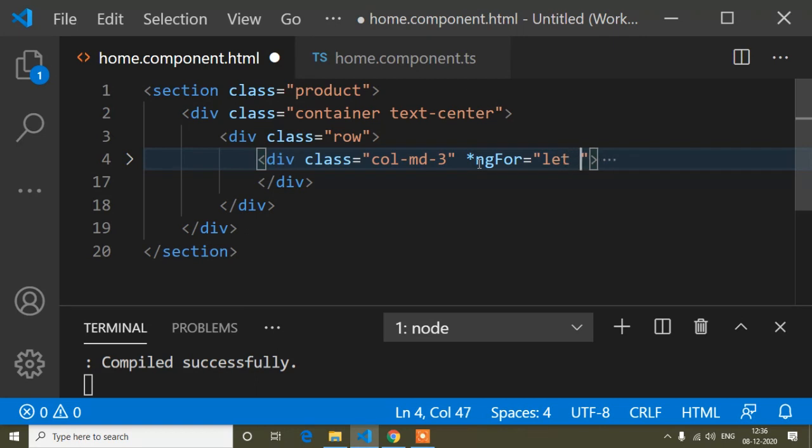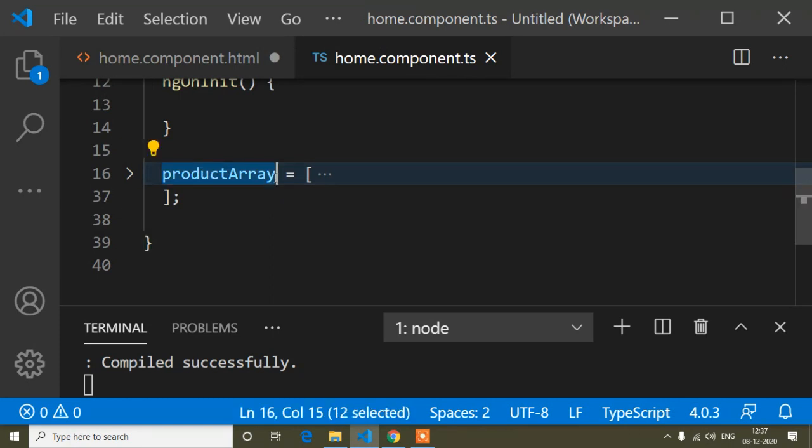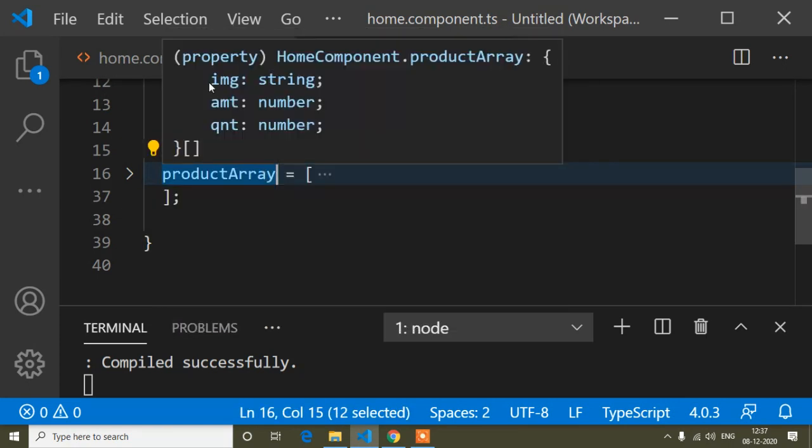So here I will write let, and now here I have to write a variable name. Here we can write the variable name prod, denoting product. You can write any name as per your choice for the variable. And now of, so this is the keyword, and this is the syntax. So let product of, and in this I have to store this product array variable.